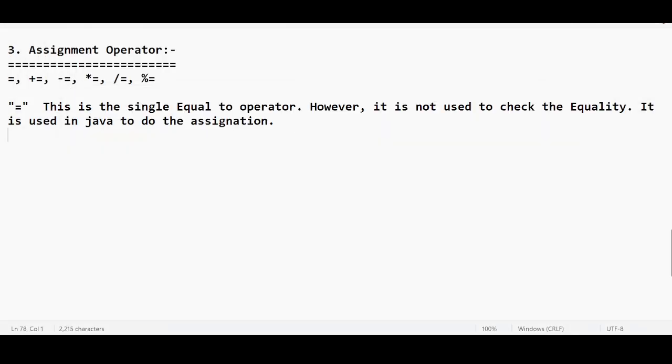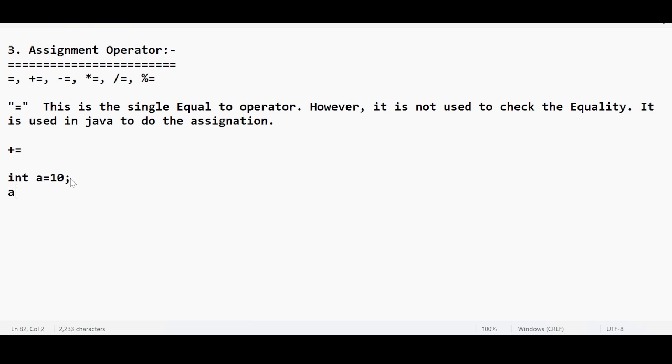Right. So the next operator is plus equal to. These operators are going to be very easy. When I say plus equal to, for example, if I say integer a equal to 10, let us say that I am assigning the value 10 to the variable a on top of the integer data type. In the next line,